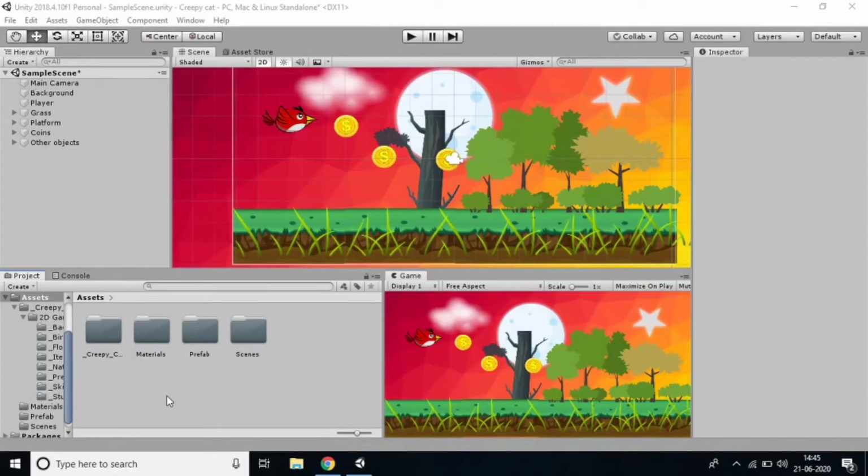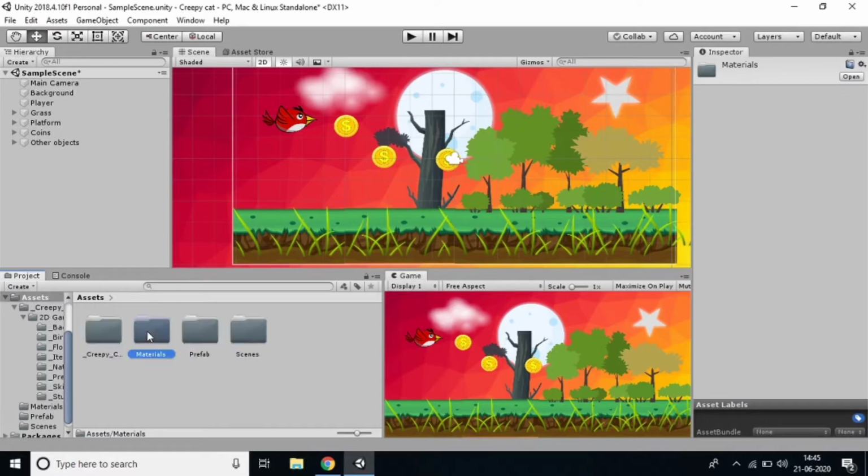In this video I want to write some code, and I'll explain how we can code in Unity. Just how we organize things in the hierarchy, it's very clear. Like that only we should organize in assets also. For every material I have created a material folder, for prefabs a prefab folder, and for scenes a scene folder. In that, every scene is available.